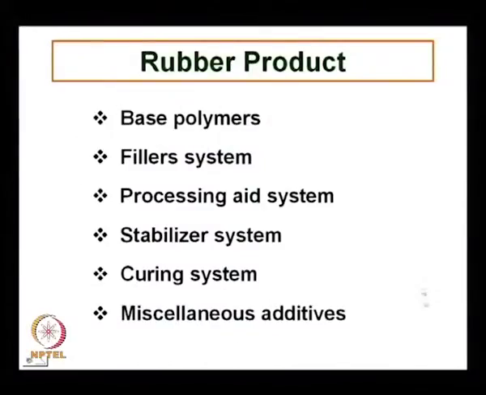Okay. Now, this slide shows the major components present in a rubber product. Base polymer: this may be natural rubber, styrene butadiene rubber, polyisoprene rubber, butyl rubber, polybutadiene rubber, chloroprene rubber, the names I have mentioned already. And filler system: we incorporate fillers which increase the volume of the rubber product, and certain fillers also impart improvements in properties, developing a broad spectrum of properties in the rubber products. Then processing aid system,